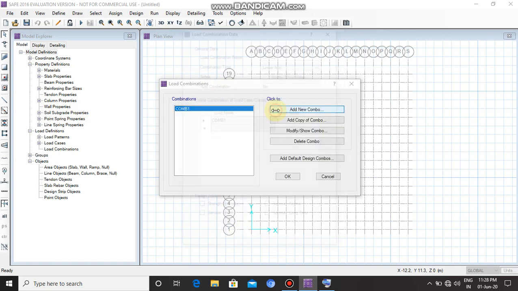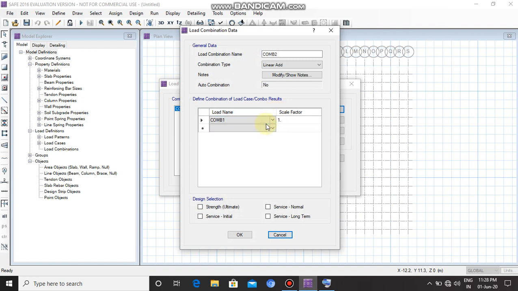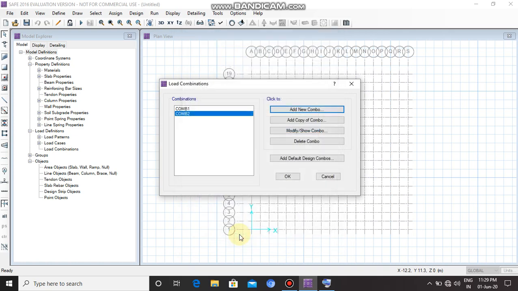Then again click on add new combo, dead load 1, live 1, click on these 3, click on OK.